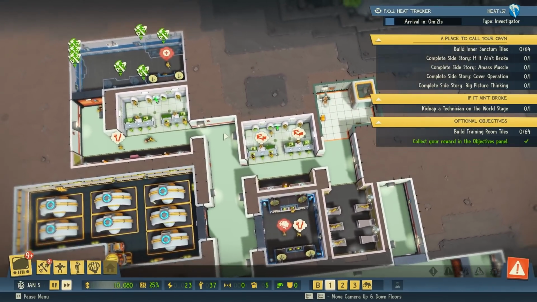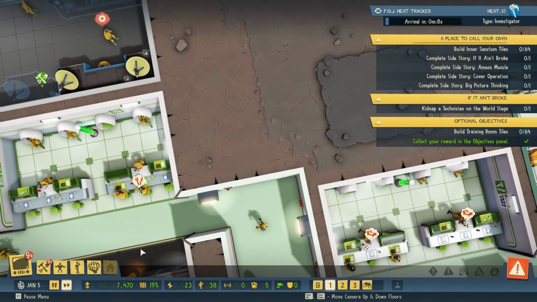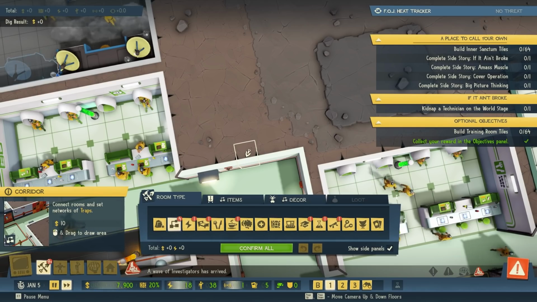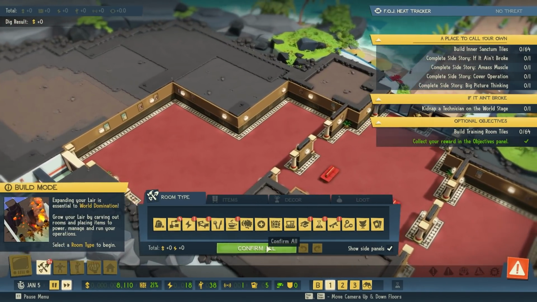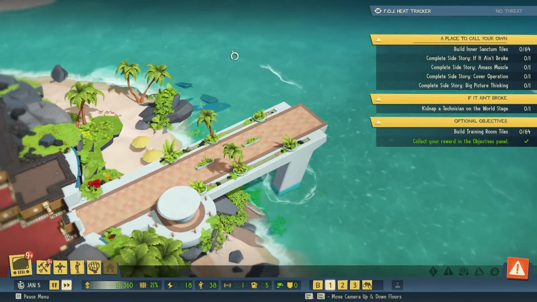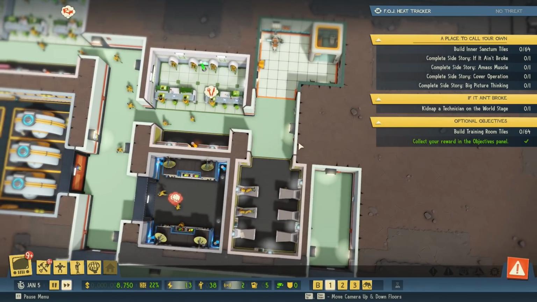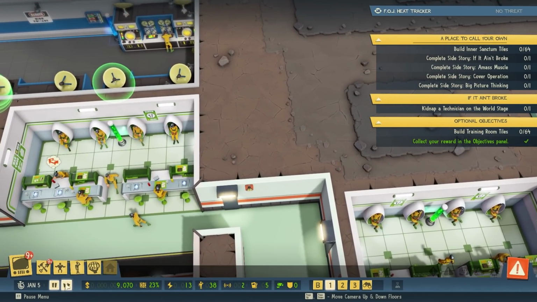So for the time being, we're good. One of the other things that we can do with a 3-tile area here, you can happily set up a locker room. Oh, another wave of investigators has arrived. Let me go and make sure. Iris, why have you turned my lair into a lair of lies? How dare. But yes, we can just go ahead and...